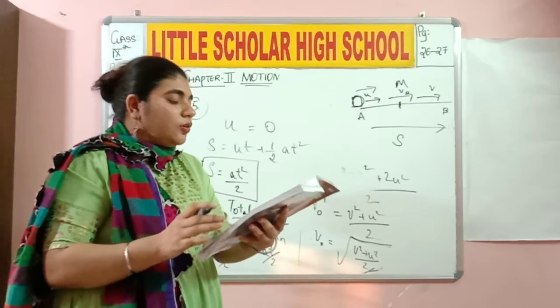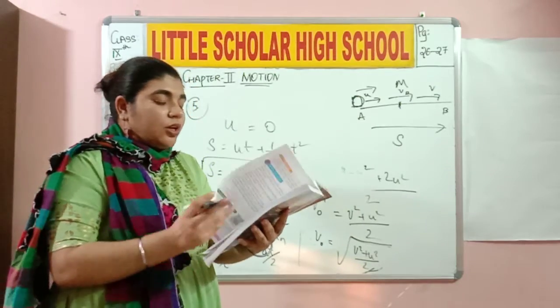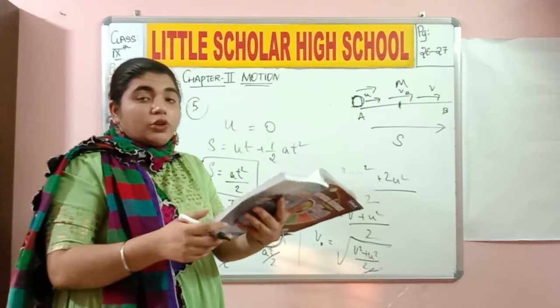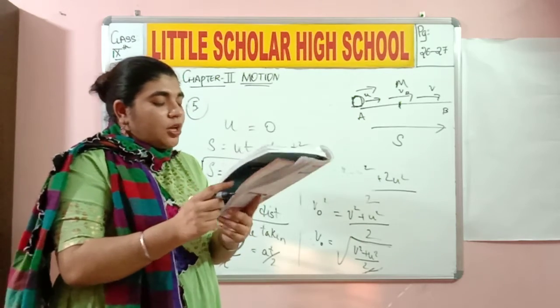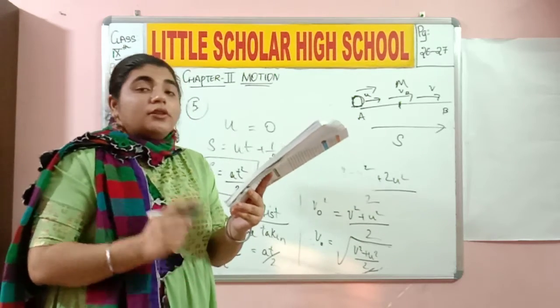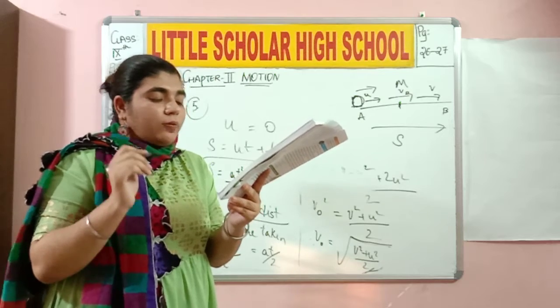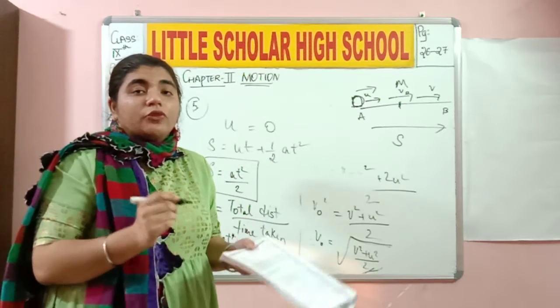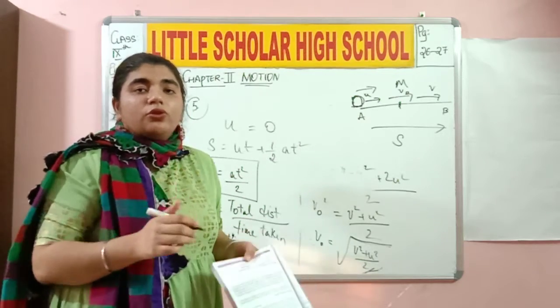Okay, the only thing that you need to do for this is example number 3. You need to turn to page number 29. Let's discuss objectives. So multiple choice questions. The distance traveled by an object in a specified direction. Okay, the distance traveled, you know what is distance traveled?